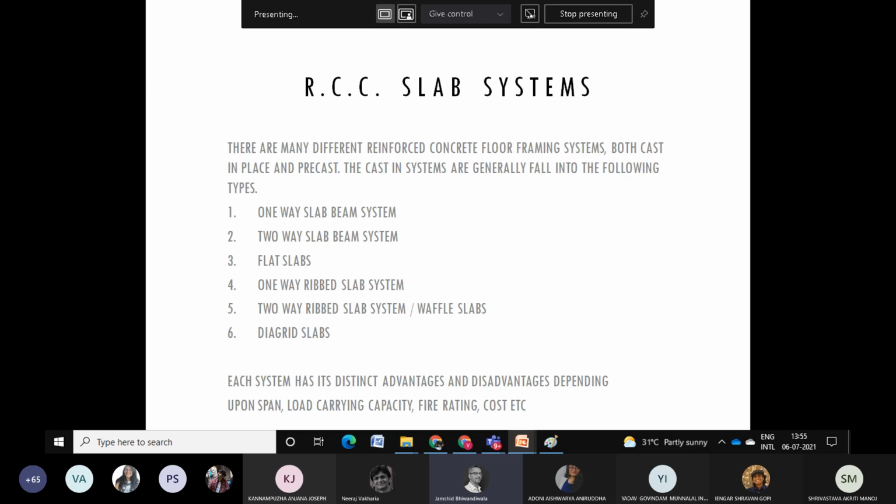I'm sure the first two are covered in the lower years, but nevertheless, we'll quickly run through them in order to understand whether you know them or not. Beyond that, beyond the flat slab system is something that we are supposed to introduce you to here, and whether you can apply them in your projects. But actually each of these distinct slab systems has advantages and disadvantages. Most of them talk about the column profile, the kind of slab system type, the load carrying capacity, cost, aesthetics, all of which matter.